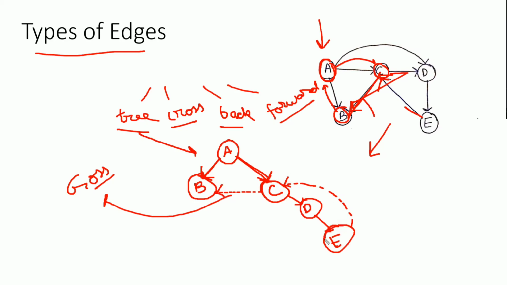So what is a back edge? For a vertex, if there is an edge that is connecting to its ancestor vertex, and its ancestor vertex is already visited, this type of edge is known as a back edge. If there is a back edge in a graph, it means that there is a cycle. I have already explained that the back edge concept helps to detect cycles in a graph.